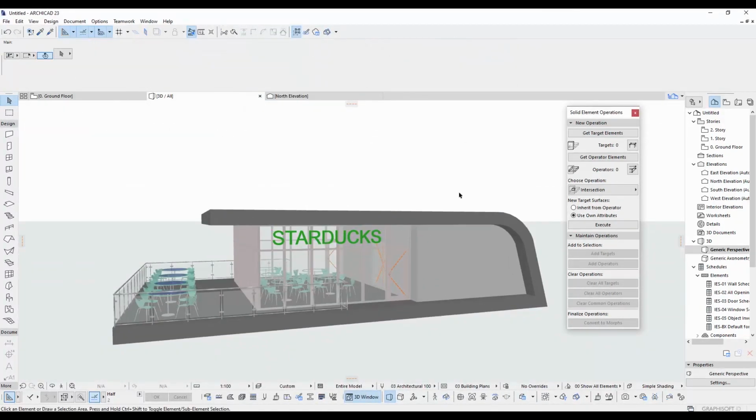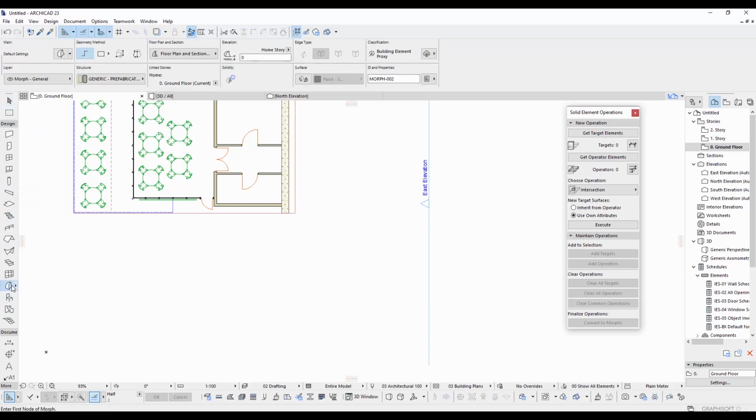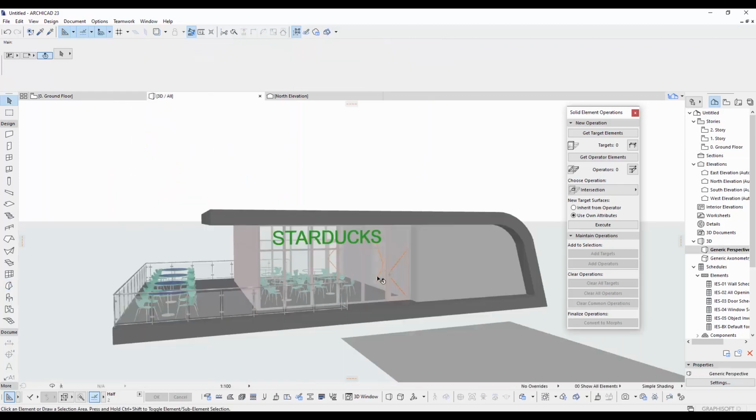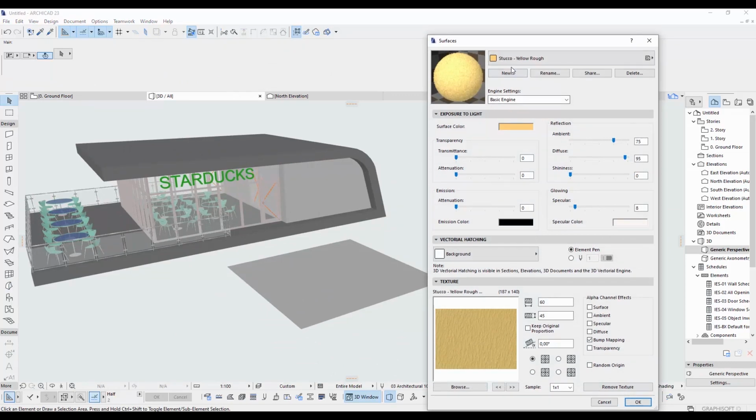We added the text but we need to add the logo of the coffee shop. So I will make a rectangle with morph. After that, I'm just gonna add a texture for it and assign the texture to the morph.